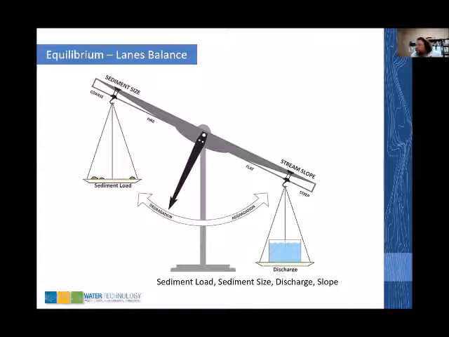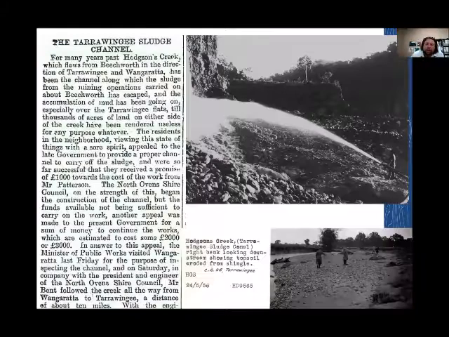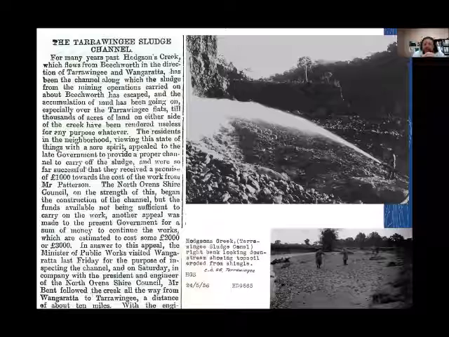Of course, Hodgson's Creek is one of those systems that have been subject to major change over the history of European settlement. This is a classic example of something I really like in river systems, which is combining what we see in the landscape and the evolution of the waterway systems with history. The catchment area up around Beechworth was significantly impacted by mining